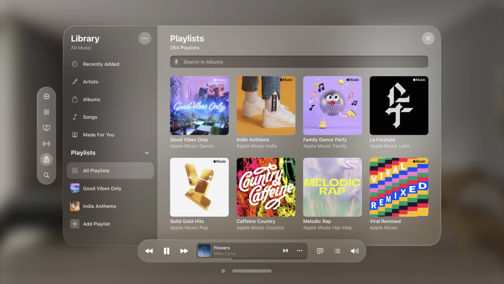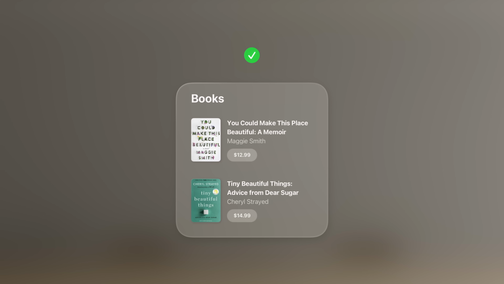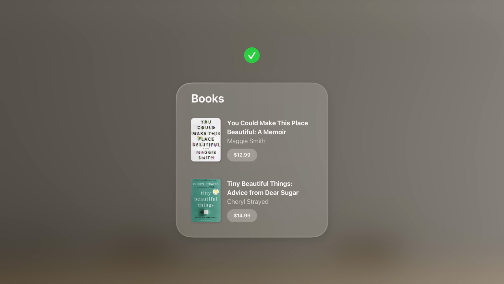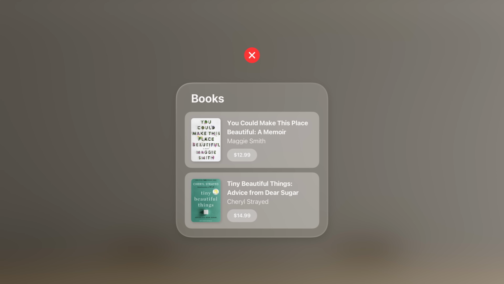So imagine that you want to design a lockup, like this one, and you want to add a lighter button. It is great to place it on top of the glass material, or if you want to get more contrast, use a darker cell behind it. Try not to stack lighter materials on top of each other, as it impacts legibility and reduces contrast.